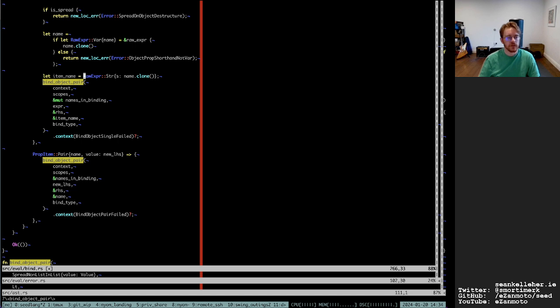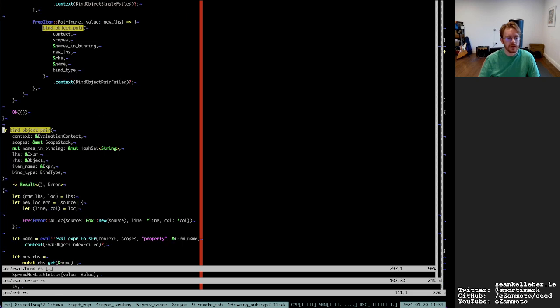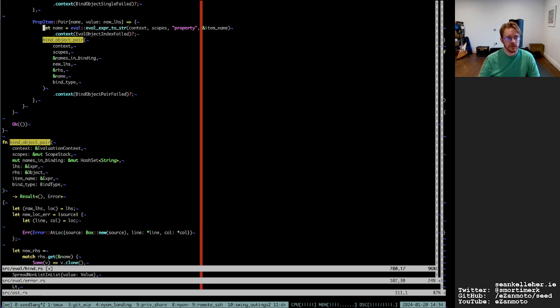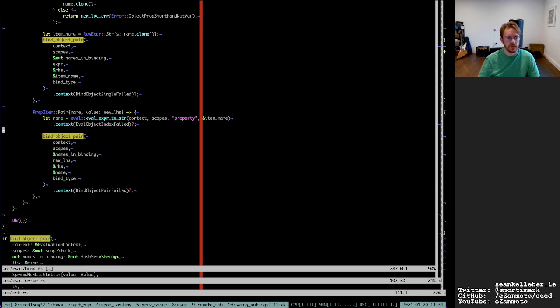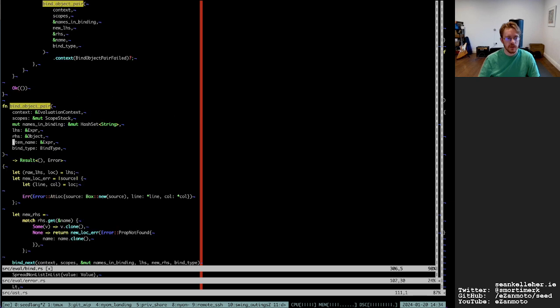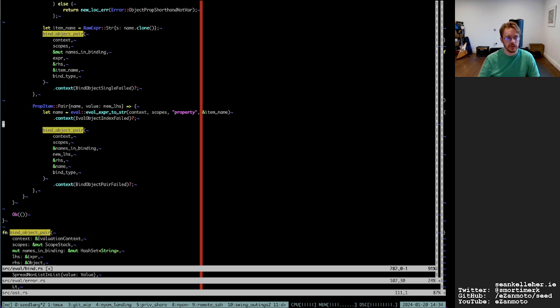Okay, so in this case we're turning the, I think it might actually make more sense to do this up here and pass the item name.